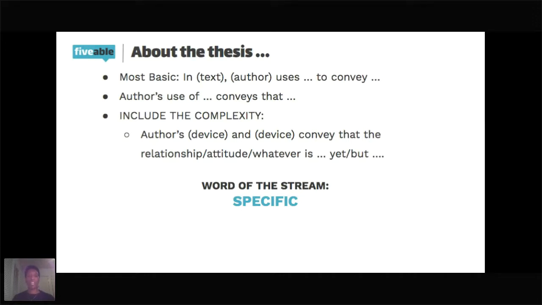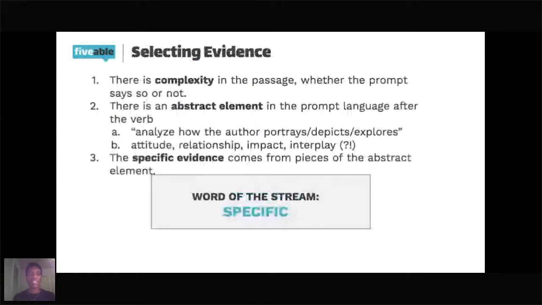Somebody drop something in the chat if that didn't make sense, because I think it's a really important thing to remember, that organizing by devices is not as effective as organizing by idea, because the devices create the idea, not the other way around. Okay, so